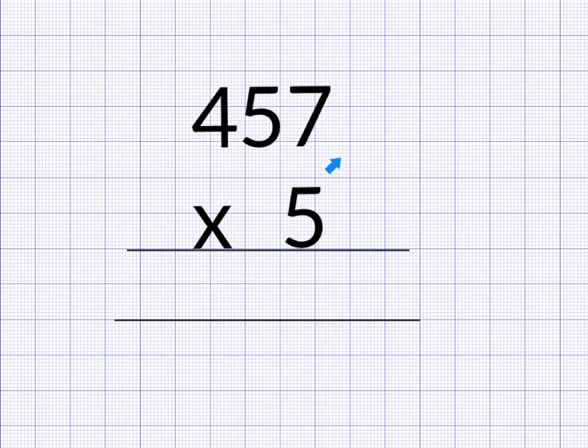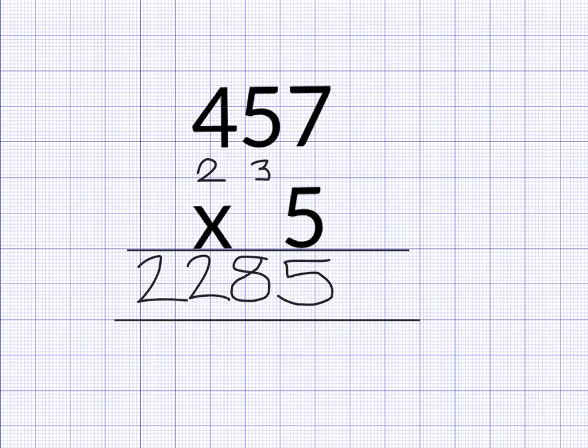Here we've now got a 3-digit number, 457, multiplied by 5. So we're going to start here. We've got 7 times 5, which is 35. So we're going to write 5 in the units and carry the 3 up to here. Now we're in our tens column. We've got 5 times 5 is 25. And then we add the 3 to 25. So that's 28, or 8 in the tens, and carry the 2 over to the hundreds column. So we've now got 4 times 5, and 4 times 5 is 20. Add on the 2, 22. So we get our answer here of